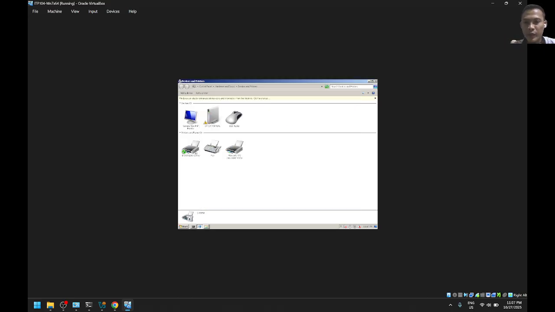This time, we'll create a shared printer virtually. We do not have a physical printer, only this virtual printer that we installed.